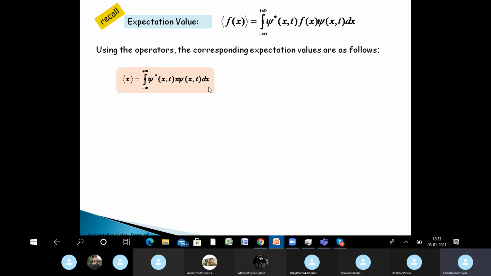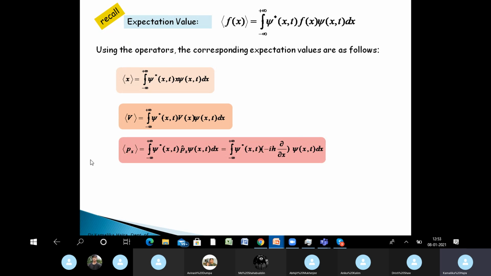If the form of psi is given, you can easily calculate this value. Expectation of potential: minus infinity to plus infinity psi star V psi dx. Given the expression of potential and the expression of psi, after you solve the Schrodinger equation, you can easily find the expectation value of potential. Expectation value of linear momentum in x direction: psi star p_x psi. So in place of p_x, you write minus i h-cross del by del x. So again, once you have the form of psi, you can easily calculate this and find out the expectation value